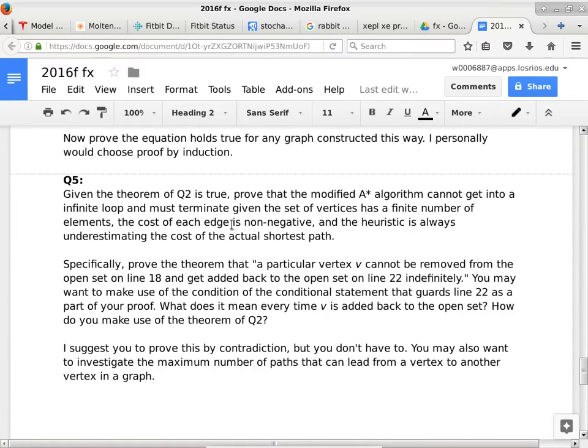So what we'll do today is start with the A-star algorithm. We'll talk about what a graph is in general, and then we'll trace the algorithm to answer question number 1 of the final exam last year. All right? Is that okay so far?